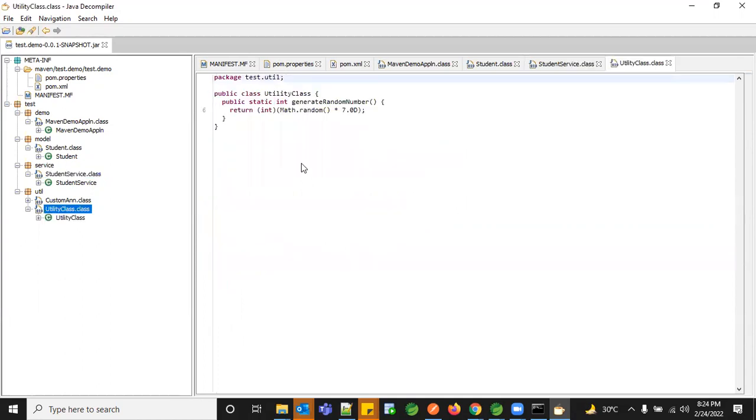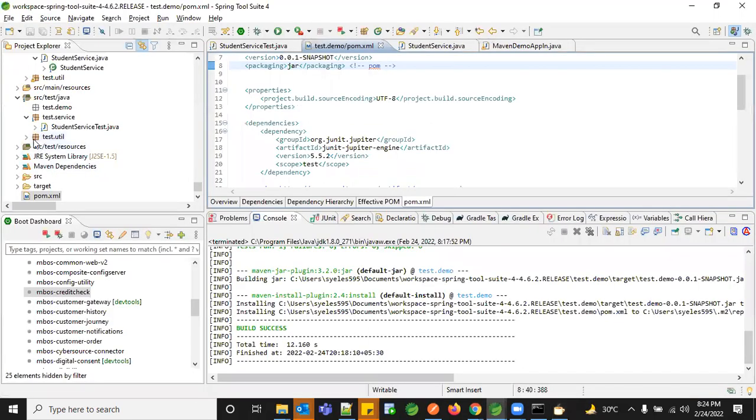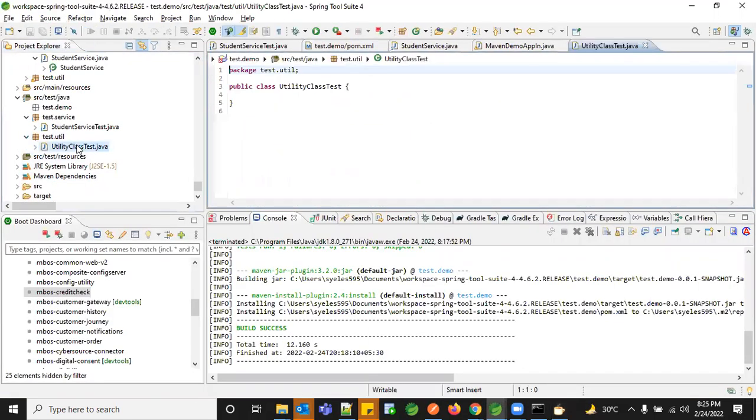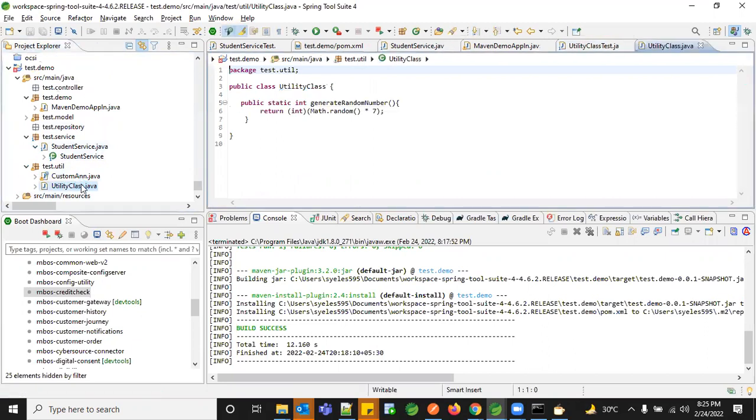And then all your .class files will have the relevant programming. So if you see here, it's 7.0D. And in my program under the util, I haven't given anything, right? If you see Math.random * 7, that's it.